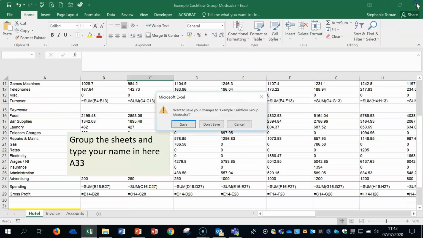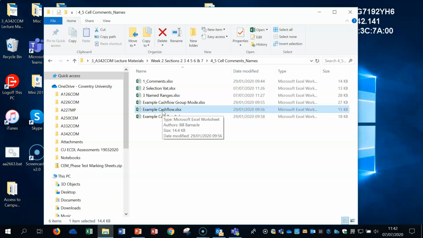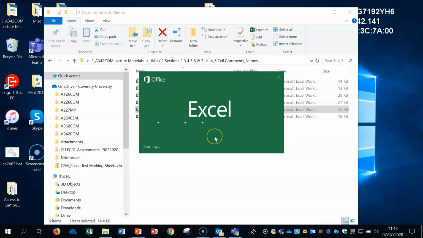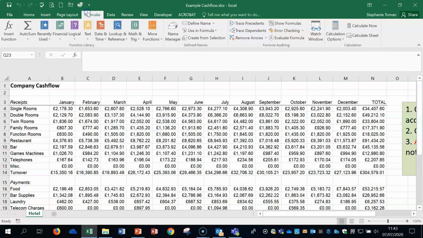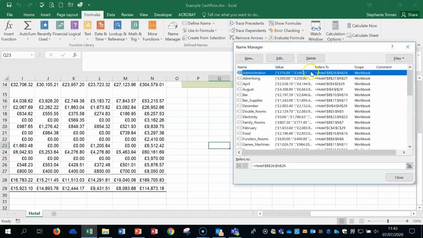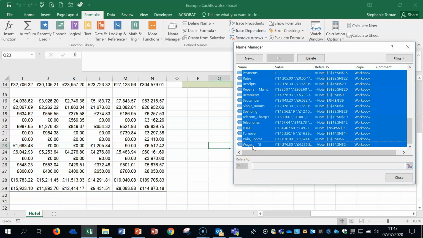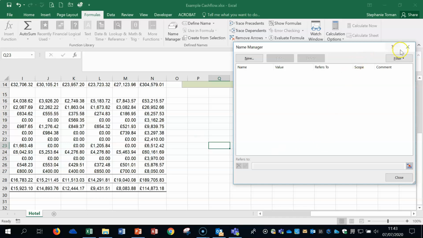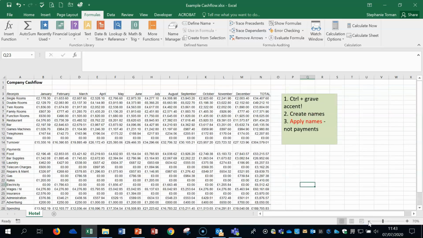So we're going to stay with the example cash flow. I'm just going to come out of there and we're going to look at it a slightly different way. So if we open up first cash flow example, and remember formula and name manager. This has all got automatic names, ranges, all names. So we're going to highlight the first one all the way down to the last one, shift and delete. Okay, close it off. We're going to look at how simple it is to do a really large